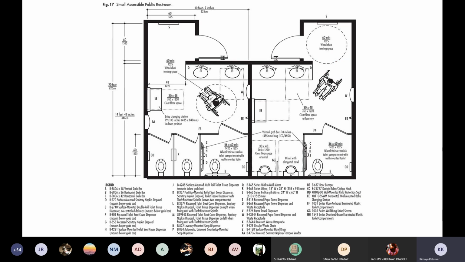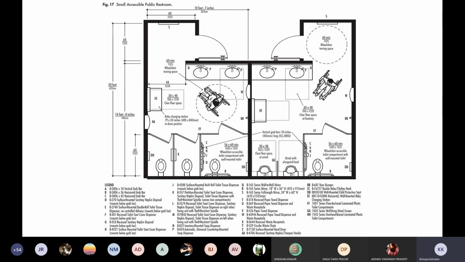Now this is a layout of a toilet within a public building, where you see that as soon as you enter, you don't see any fixture, neither do you see any person. This is the right way to do it. You enter within a dead wall, and then you turn and you see all your usable spaces around you.